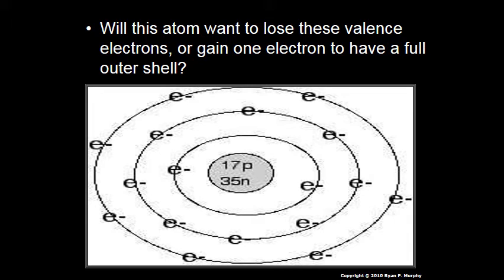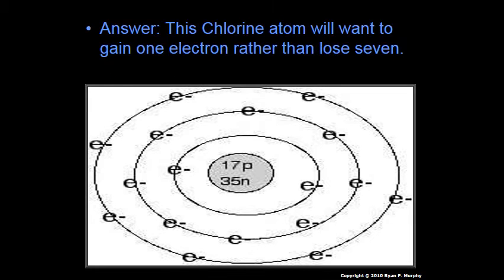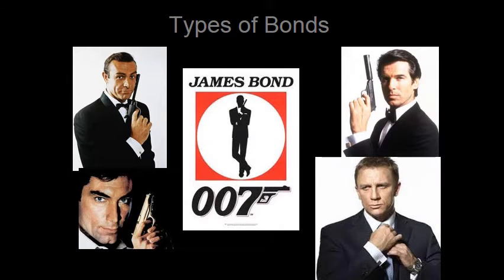So will this atom want to lose these valence electrons, or will it want to gain 1 more electron to have a full outer shell? Well, gaining 1 sounds a lot easier than losing 7. So he's going to want to gain 1 electron instead of lose the 7. All right,